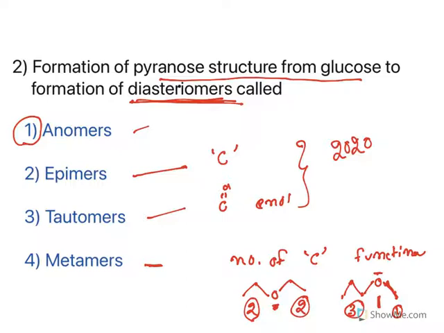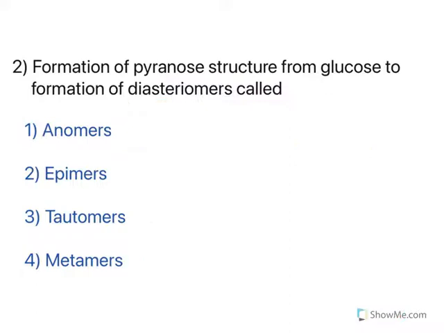But where do they differ? They differ in the arrangement of carbon atoms on either side of this functional group. So they are known as metamers. See, all of them are important. As I told you, all of them are tested in GPAT. The top two are tested in 2020 GPAT. I'm sorry, the epimer and tautomers are tested in 2020 GPAT, whereas anomer is tested now. So understand the difference between all of them.